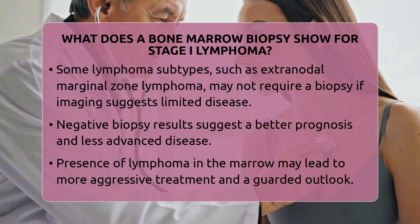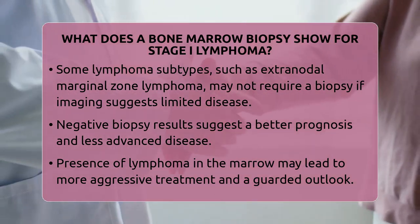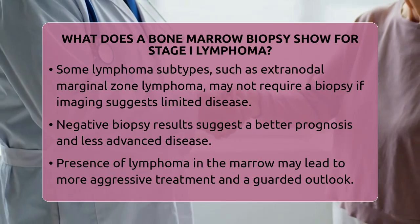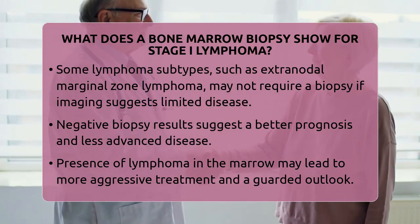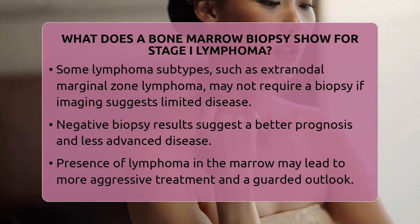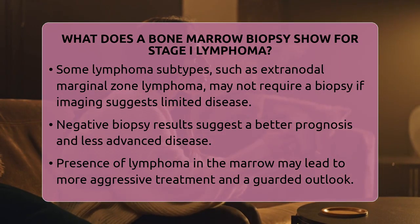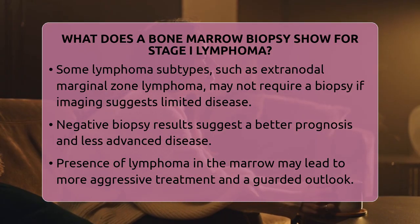Knowing whether the marrow is involved helps doctors determine the prognosis and plan the best treatment. If the biopsy shows no lymphoma cells, the outlook is generally better, and the disease is considered less advanced. If lymphoma cells are found in the marrow, it can mean a more aggressive approach is needed, and the prognosis